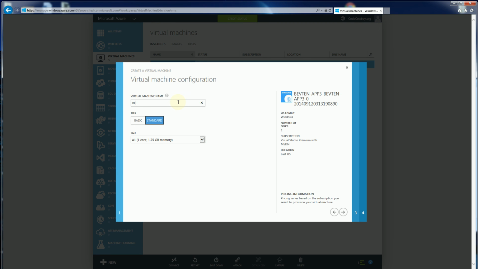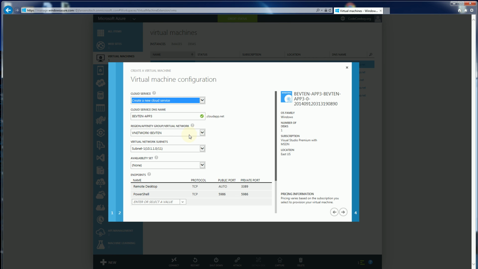And I'm going to give it the same virtual machine name that I had before. And notice here, here's a method of actually changing the configuration or changing the size of the virtual machine also, by keeping the disk and then recreating the VM this way, choosing more memory or whatever your case is. So I'm going to click next here, and here's where it lets me choose the virtual hard drive,